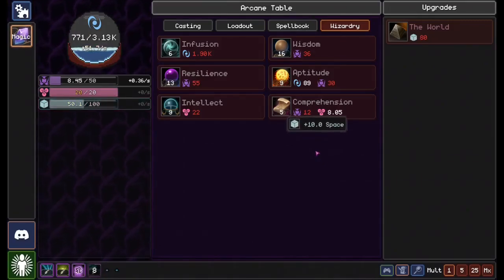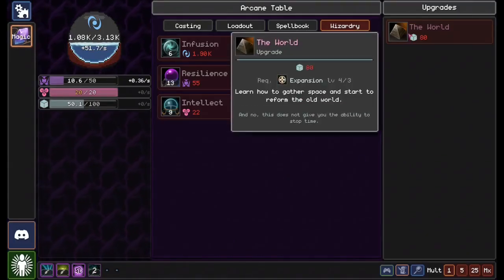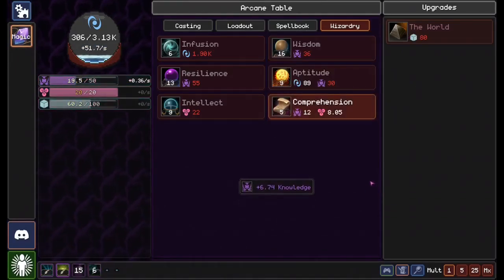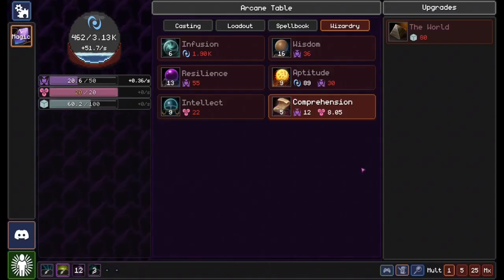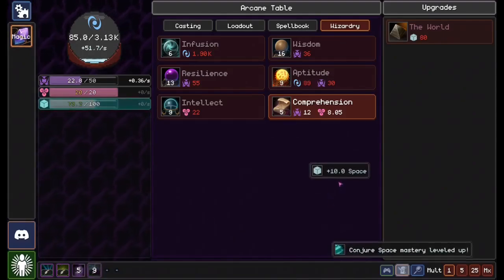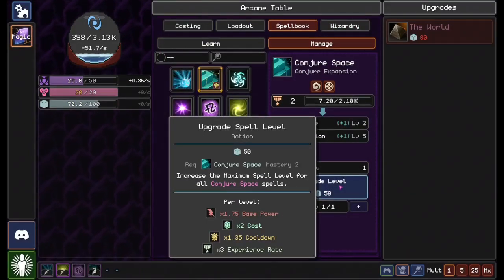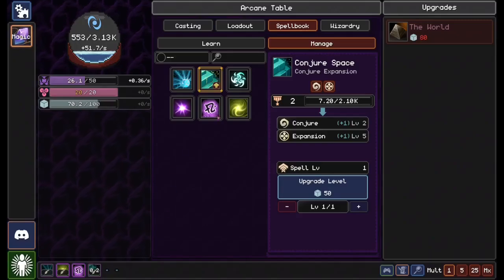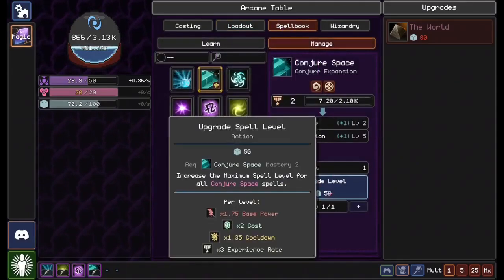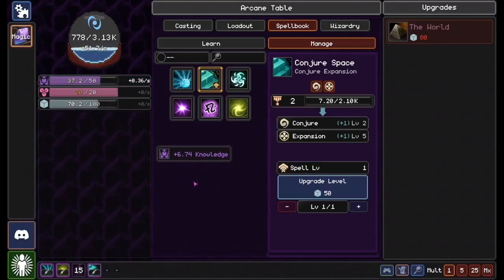There's the world. Sorry, Conjure Space. The world is over here. Alright. Almost there. Is it 10 per? Yeah, 10. Conjure Space Mastery level up. Just because we're almost at the end of this part of the episode, I will hold off on that upgrade. Normally, it's pretty easy to just upgrade your spells. You'll get back to where you were faster than when you started. But